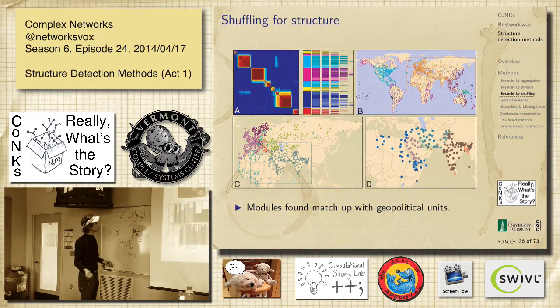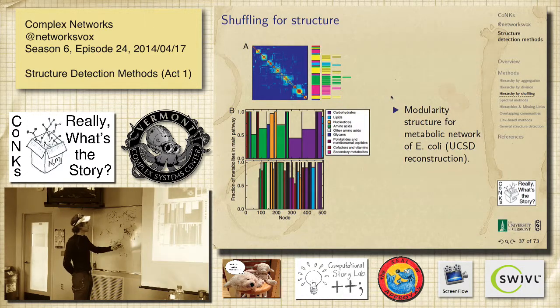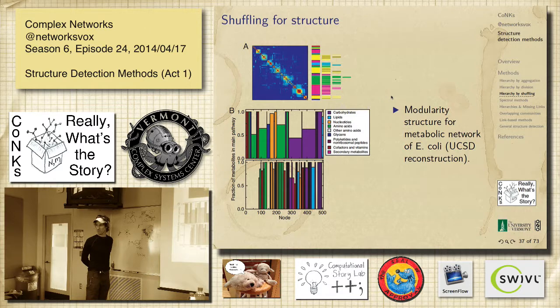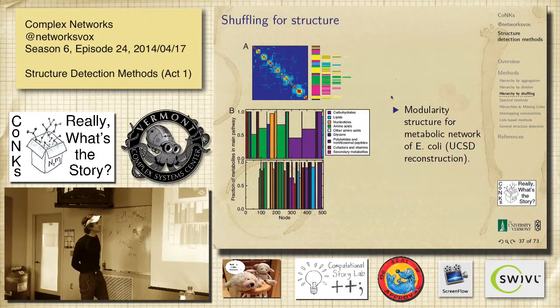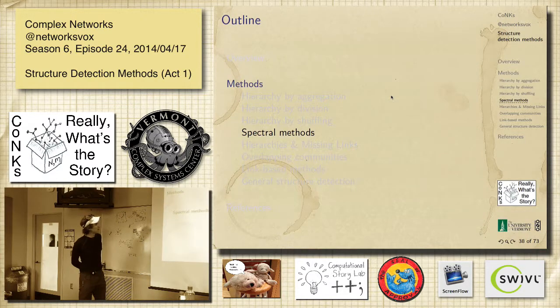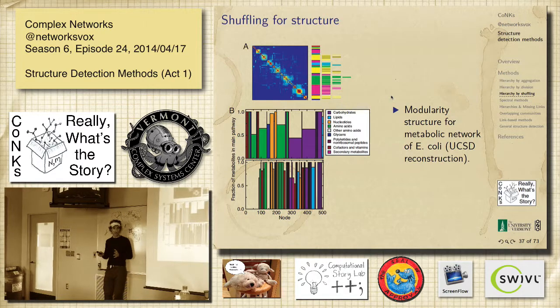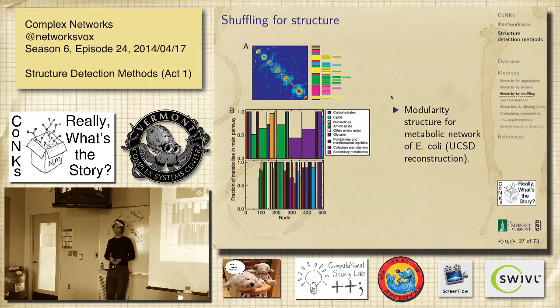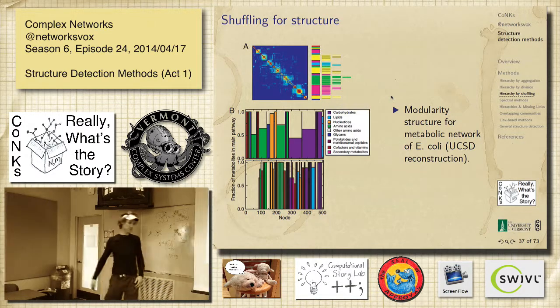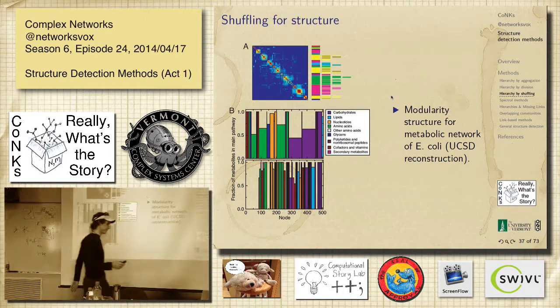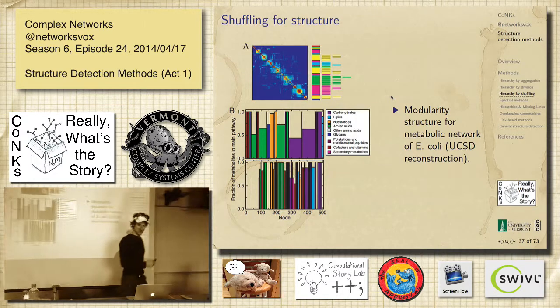So the question is then going on to other pieces, and they do that. So this is E. coli, same kind of business. A lot of these things work reasonably well. It becomes a question of speed. They're all doing the same thing, which is hierarchical clustering. I'll show you one more of those in the next piece, and then we'll move on to some quite different approaches. So the link-based ones where there's overlap allowed, that's the entry into moving away from pure hierarchies. And then one where you could have kind of anything, lots of different structures. So, okay, let's have a break, and we'll come back for the rest of this business, all right?